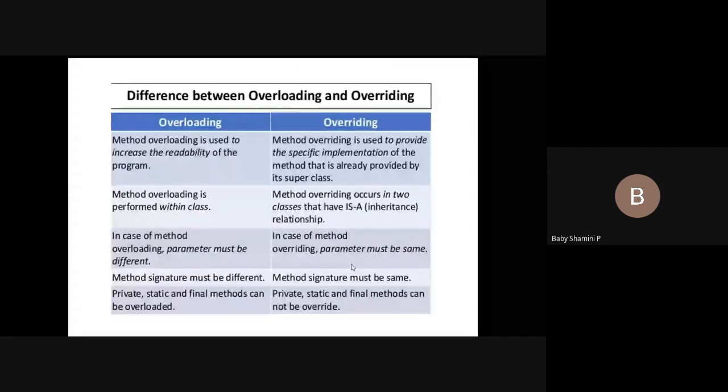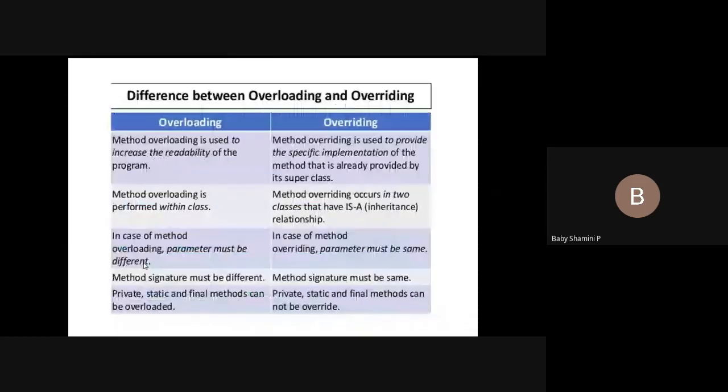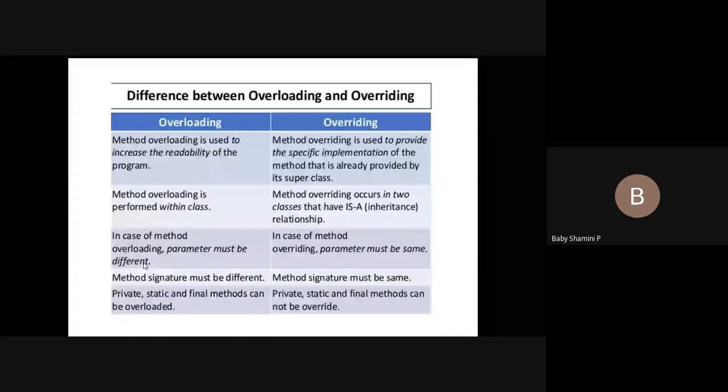Consider this method overriding: here we declare a void, and this is also a void. The method is walk in both. If I declare some parameter here, then the same parameter is used here also. Next, the method signature must match: int means int, double means double.